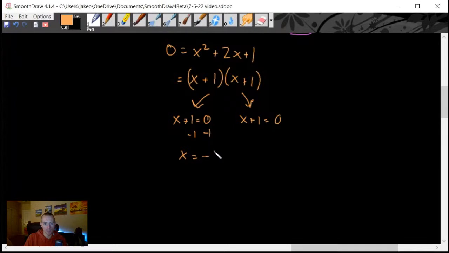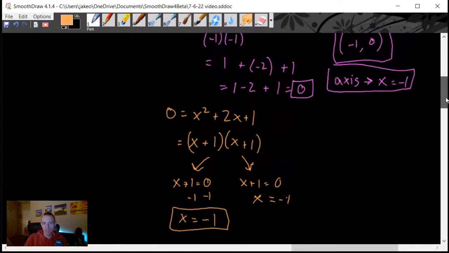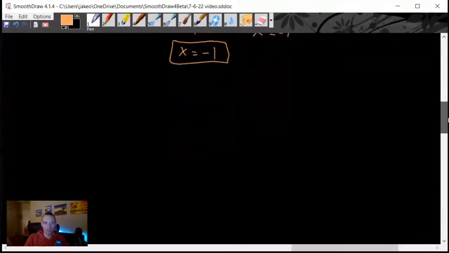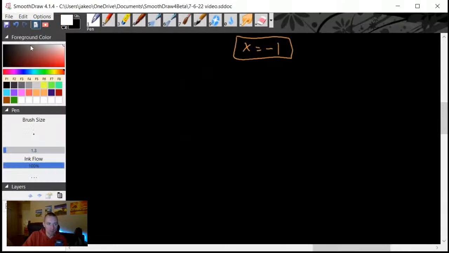We get x equals -1. So basically, we only have one x-intercept in this case. This one will also give us x equals -1. We only have one x-intercept at x equals -1. And we know that our vertex is at -1, 0. So now to sketch all this, we can